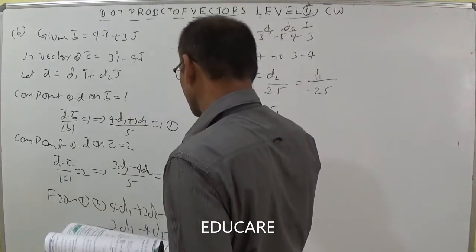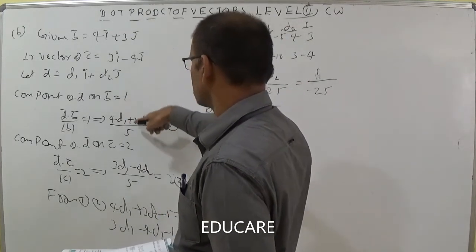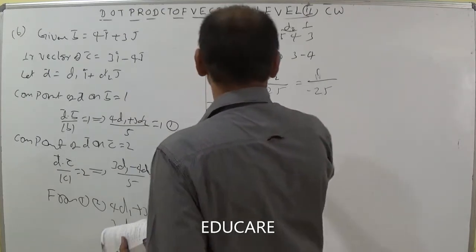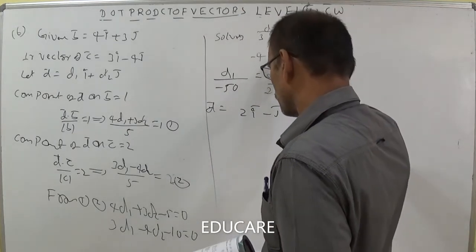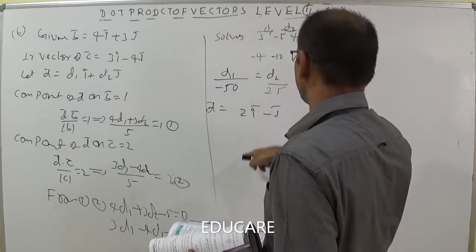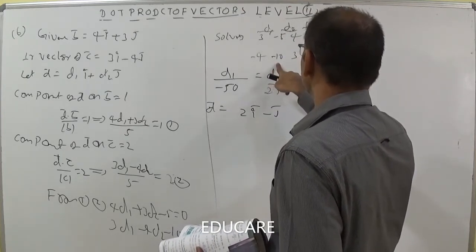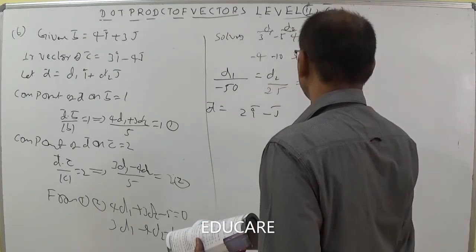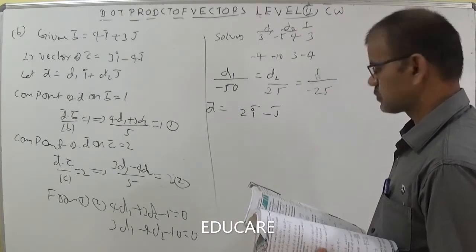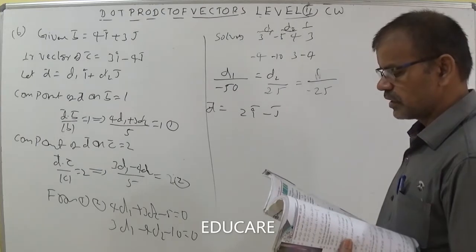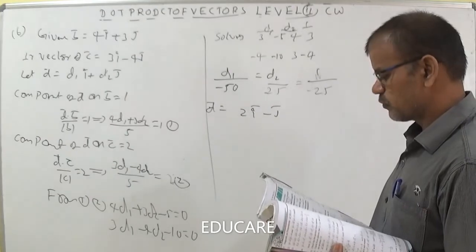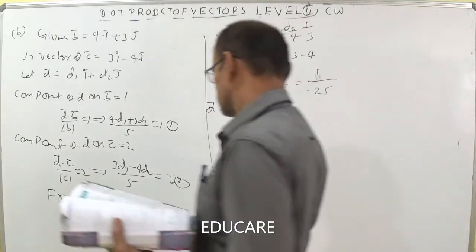Once again verify. 3D1 minus 4D2 is equal to 5, then that 10. 3D1 minus 4D2 minus 10. 3, minus 5, 4, 3, then minus 4, minus 10, 3, minus 4. It's okay. Now this becomes minus 30, this is minus 15 plus 40. We are getting, maybe he given it properly, it is 11. 2i minus j, minus 3D1 plus 4D2 equal to 10, 3D1 minus 4D2 plus 10.